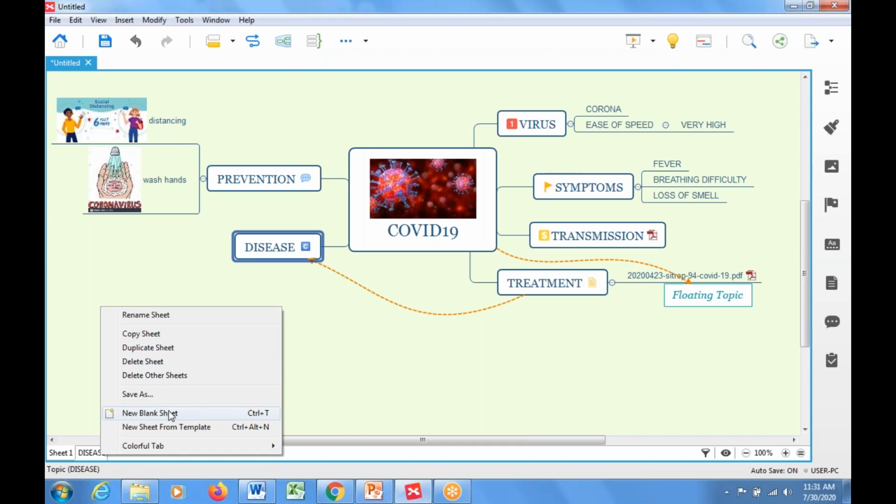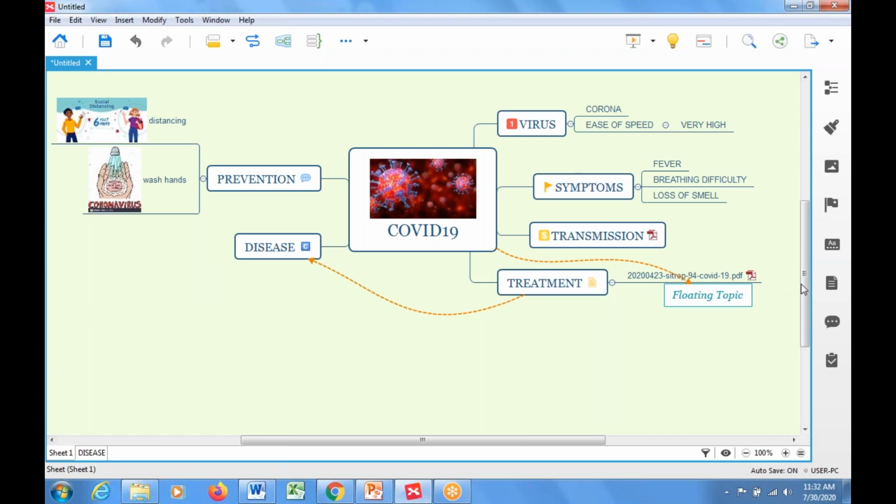Okay, you can create any number of sheets. So even if you take a broader concept, you can create individual worksheets to discuss branches which are very, very important. Fine. So even that kind of creation of new worksheets based on the branches is also permitted in this particular mind mapping tool.